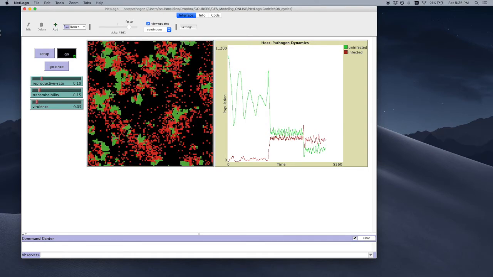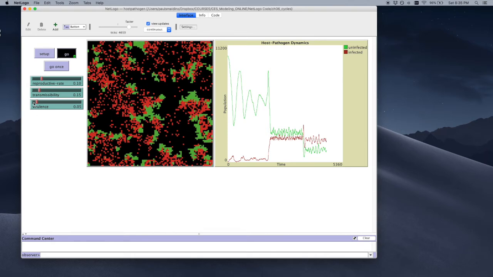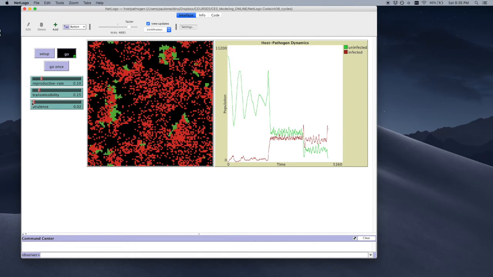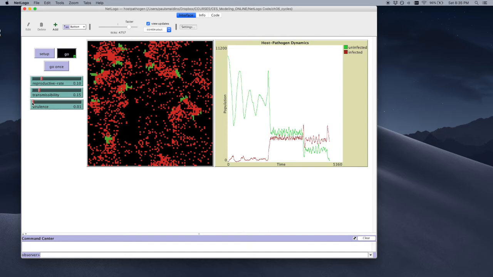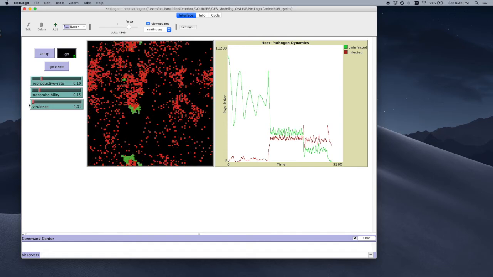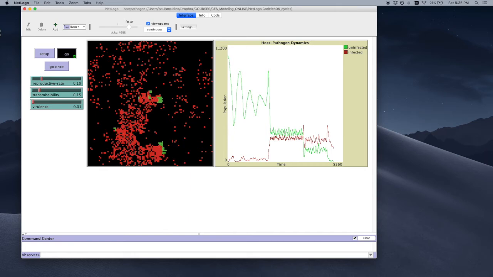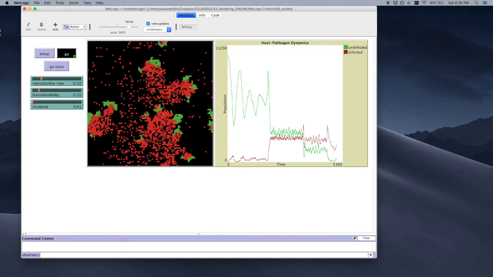So here, right, if I keep decreasing the virulence, so now it's a less virulent host. The population just basically collapses. If I let this run long enough, I think it will probably collapse.